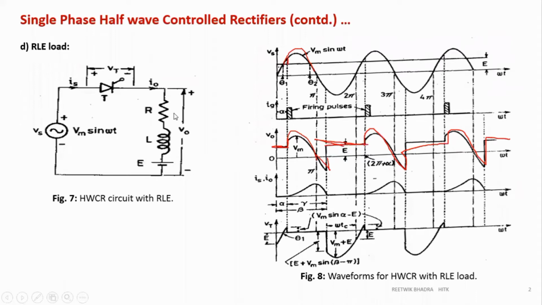Why are we getting a voltage E? Because no current is flowing through this R and L, so there is no drop across this resistor and inductor. So only voltage E will be there. Why is there no drop across the resistor and inductor? Because it is completely disconnected from the source. So I naught is 0 over here. So 0 is shown over here, then charging, discharging; 0, charging, discharging. This is how it is drawn.